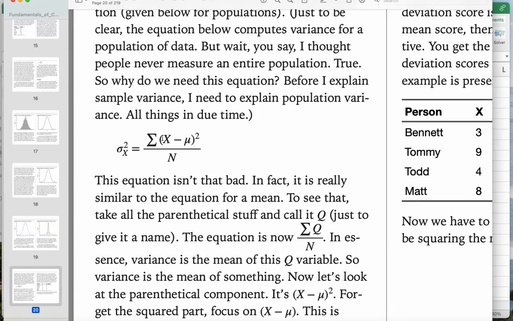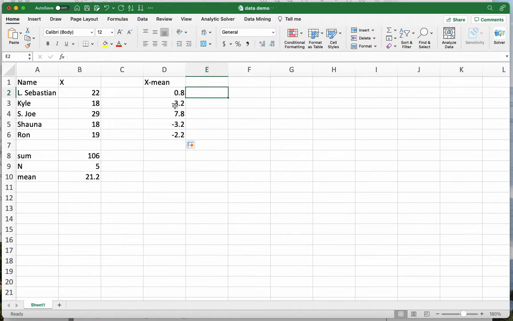Which is how far is a score from the mean squared on average. That's what variance is telling you. The average distance between a score and the mean squared, or the average squared distance between a score and a mean. Okay, so it isn't squared units, it's an average of squared stuff. Why are we squaring? Because if I just add this up, that's going to add up to 0. So we need to square it to get rid of that